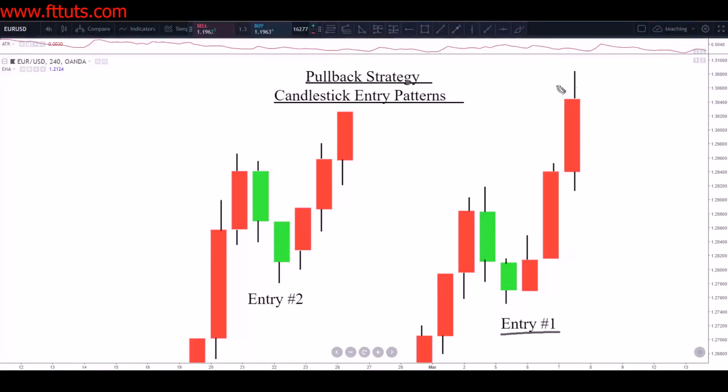So what we have here is a market moving down, right? We have this impulsive move down, this pullback, and see if you can spot the entry number 1 here. Remember, entry number 1 is an engulfing candle directly following a swing high. So we have this lower high followed by our swing high, and then our engulfing candle directly afterwards in the